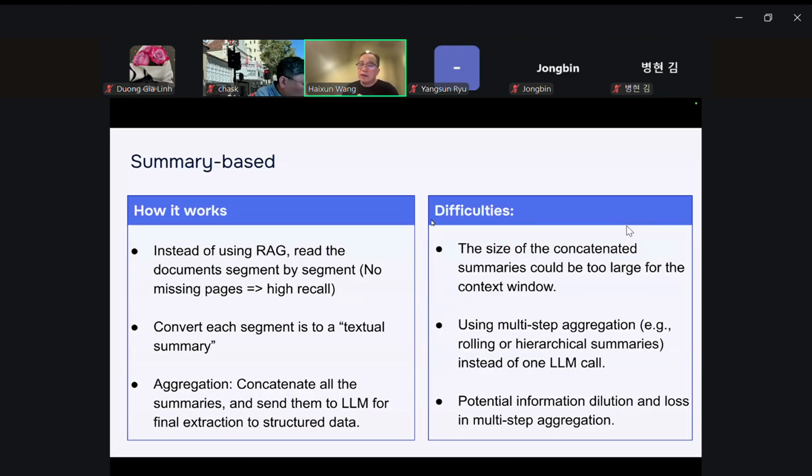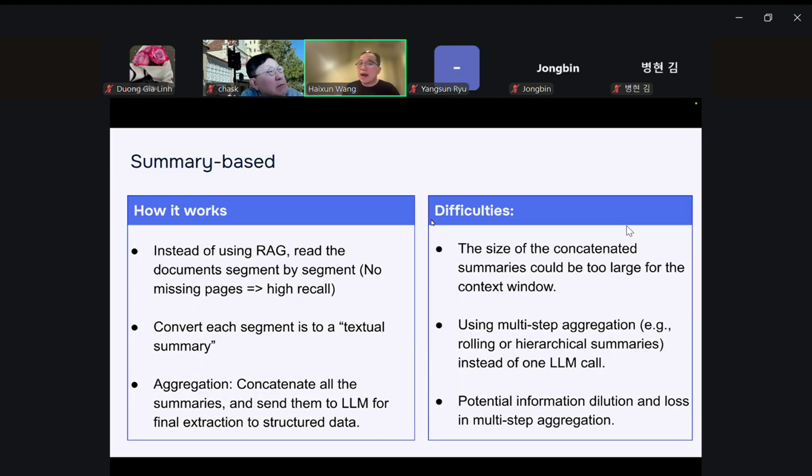Now, the summary-based approach is a compromise because of this, but it actually represents a big leap in document processing. Instead of using RAG to return you a random set of pages, it is like reading a book from the first page to the last page.